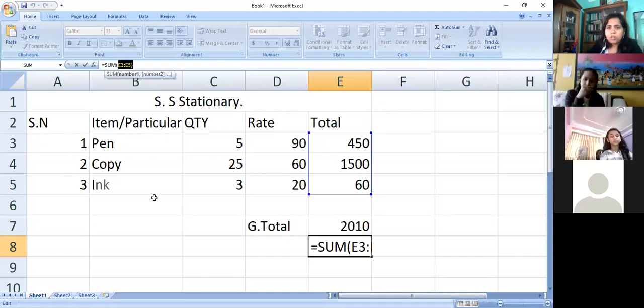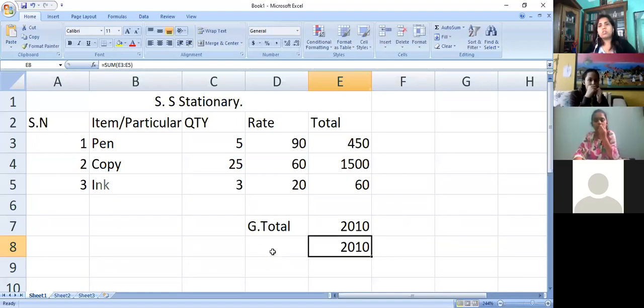Okay, your homework for today is you have to find the total of 10 different items, whatever you like. It might be food items, clothes, shoes, sports items, whatever.